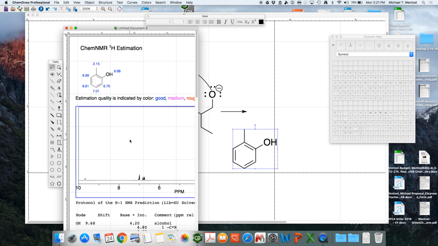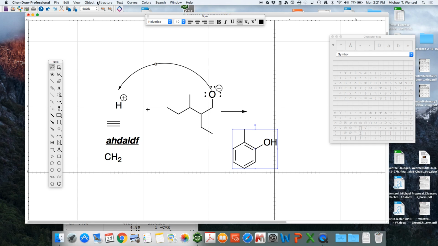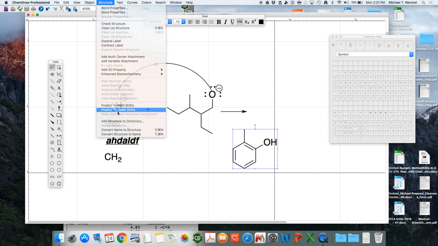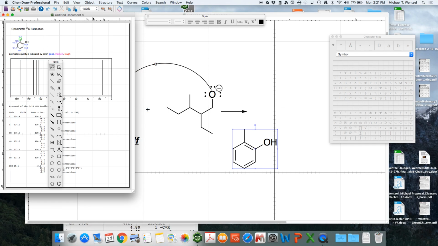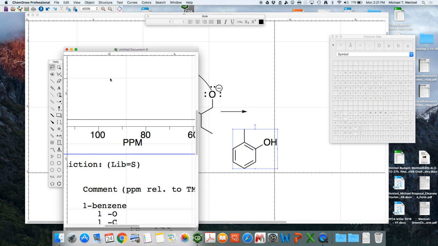So you can do proton, and you can see the splittings. You can zoom in more. You could also do predict C13 shifts, and it'll do that as well. Again, it'll give you those numbers. If you zoom in on it,